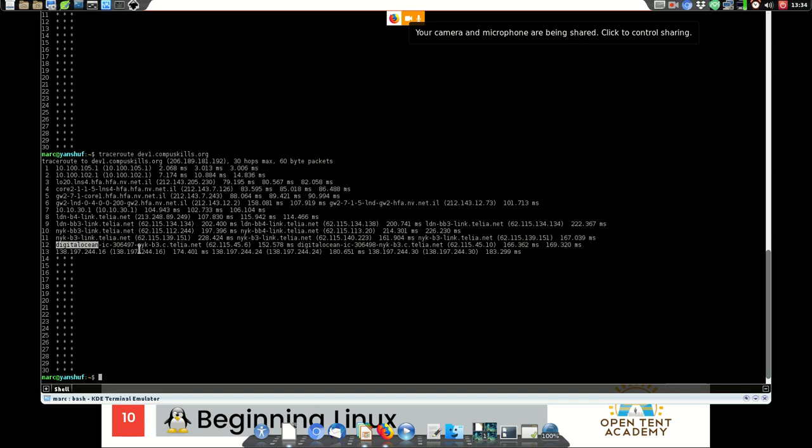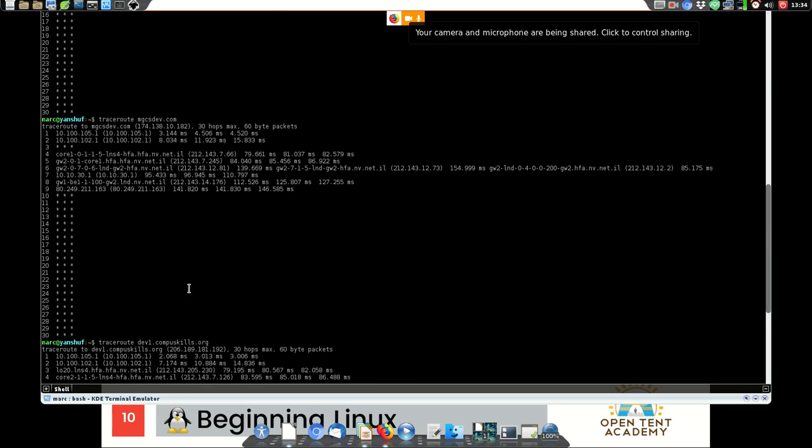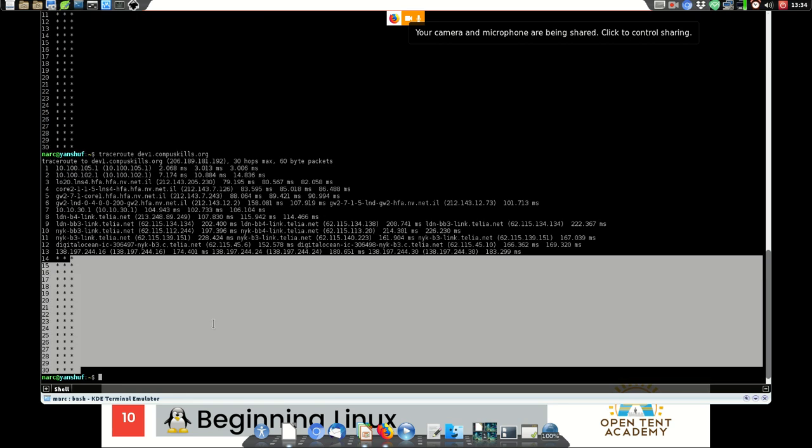Again, it jumps through all these different computers, and each of these computers reports back what it's called and what its IP address is. And then eventually it gets to DigitalOcean. DigitalOcean is obviously not willing to tell us, or we don't know, where these internal jumps are going. So fine, okay, you kind of get the point. If there was a problem, if something failed and you can't get to it, and it failed at step number 2, that means your router needs to be rebooted or something like that.